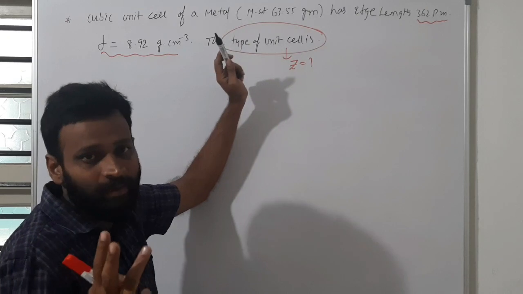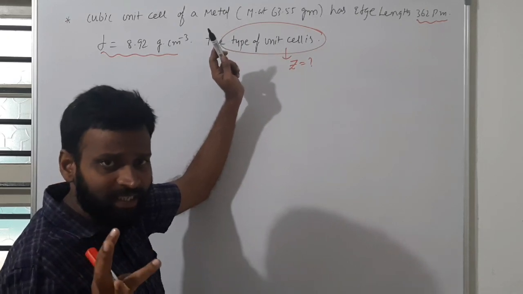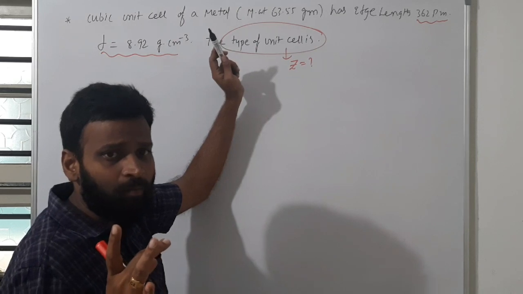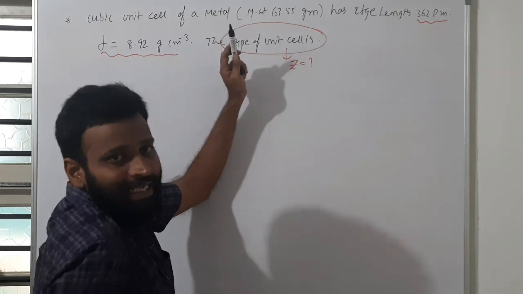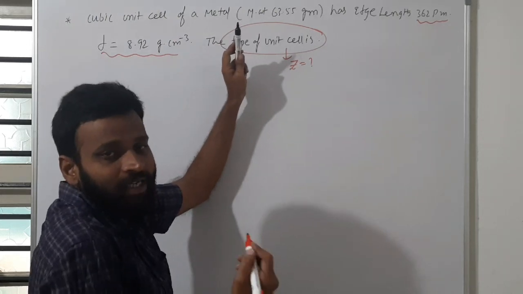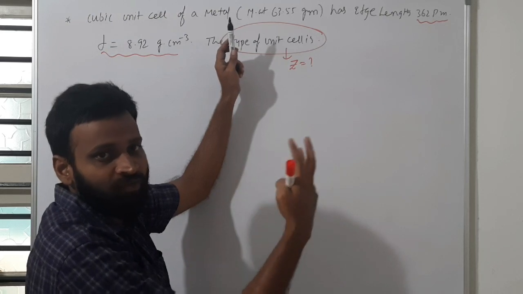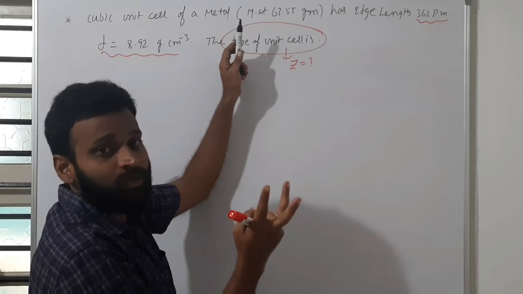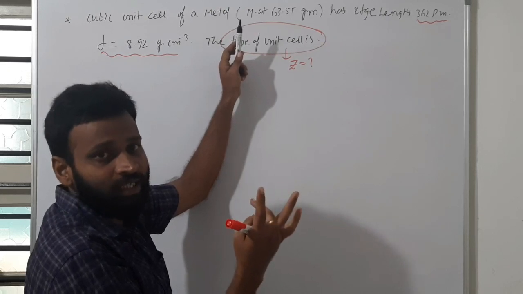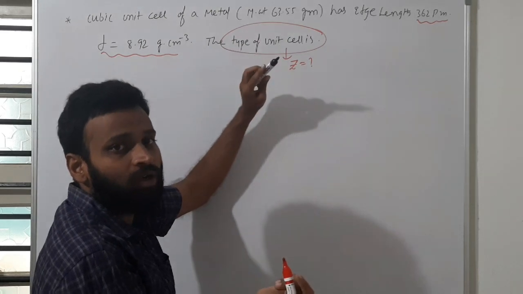Cubic has three, as I told you: primitive, face center and body center. I told you, PFB like that. For a simple way to remember, for cubic there are three: PFB, post or Facebook, I told you, just for remembering. So what is P there? Primitive. What is F there? Face center. What is B there? Body center. So cubic means any one of that.